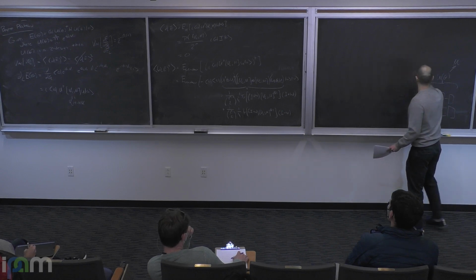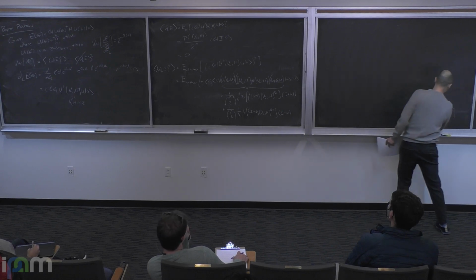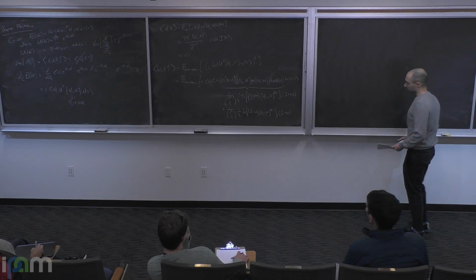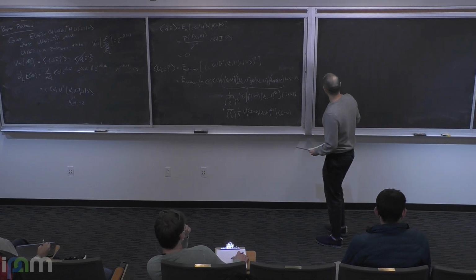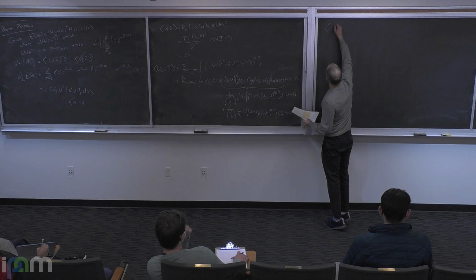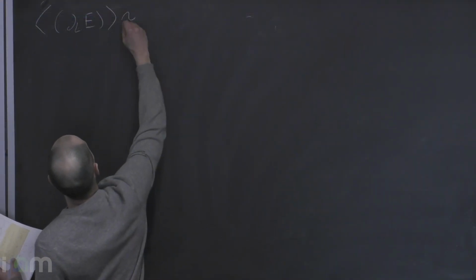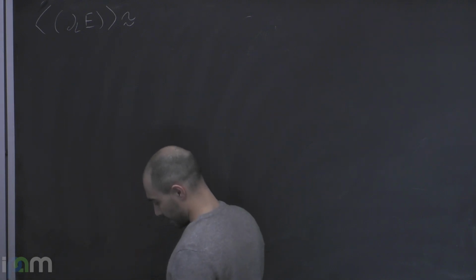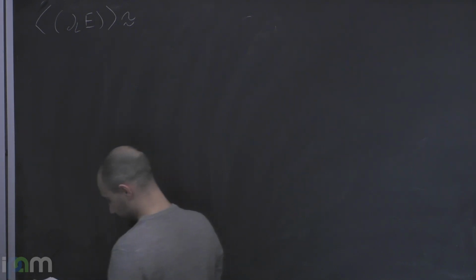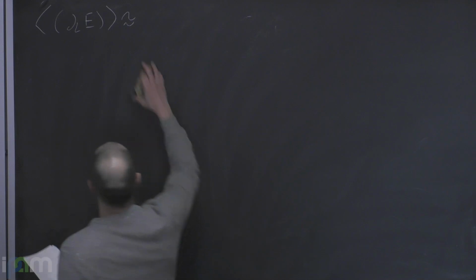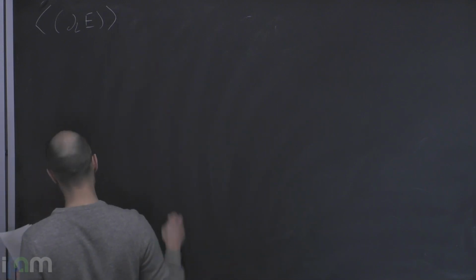Let me just erase this. If you were to do this whole thing, you would find that this quantity is basically, or actually it's not. If my math is right, it's actually equal to